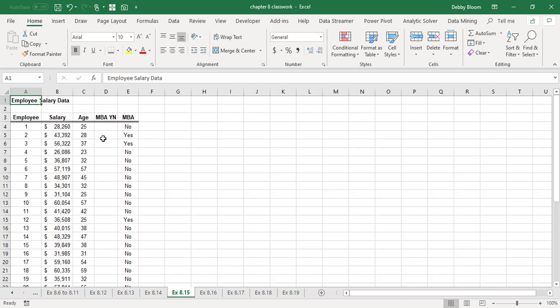you have an MBA, because that coefficient will have a 0 if you don't have an MBA, so you won't get that treatment, but it will have a 1 if you do have an MBA, so you will get that treatment or coefficient. So in order to do the coding, we're going to click in cell D4 and